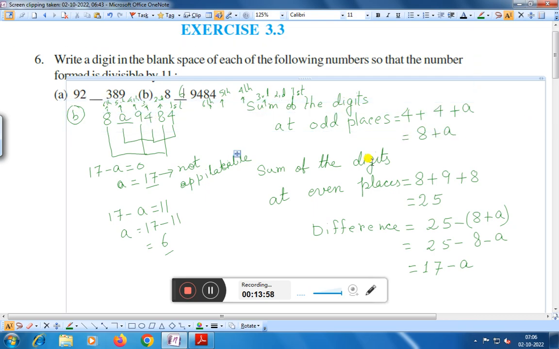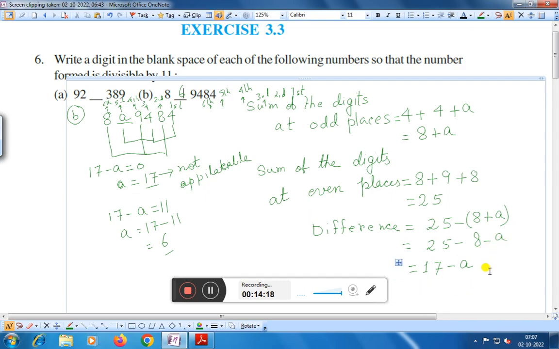And sum of the digits at even places is second, fourth and sixth, that is 8 plus 9 plus 8, that is 25. If we find the difference, that is 25 minus 8 plus a, or 25 minus 8 minus a,